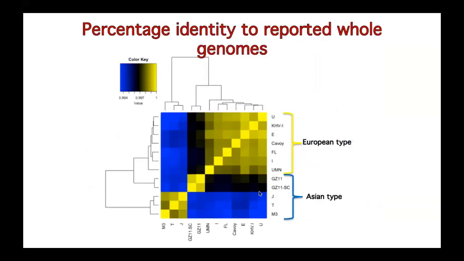So in addition to just finding these things on the map, we also wanted to look at their genetic information and see if we could find out more about them that way. This plot is basically showing percent identity of our genome that we were able to sequence from one sample, compared with some of the other genomes of KHV that we could find in the NCBI database. And basically what you're looking at is percent identity on this matrix.